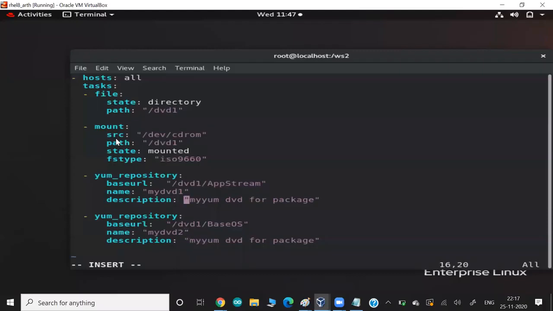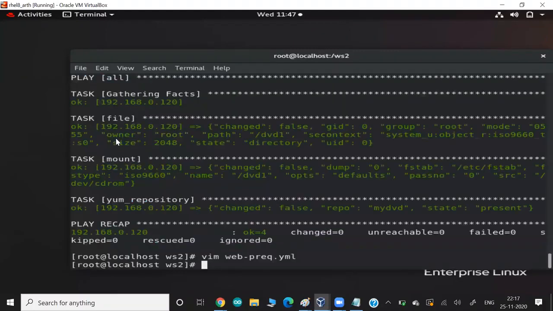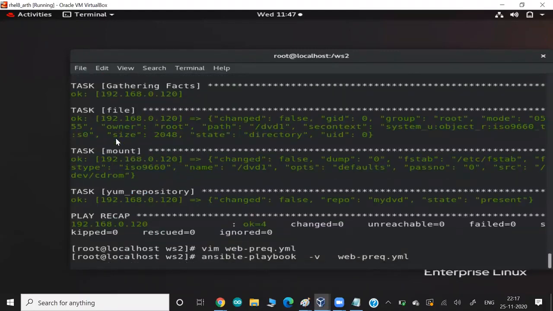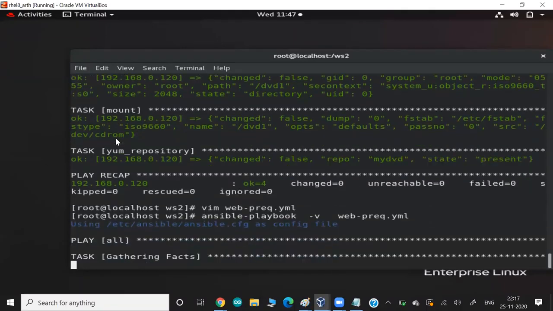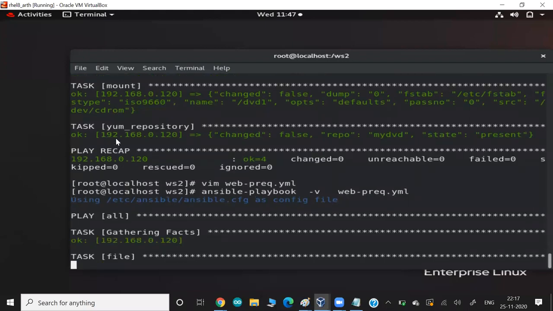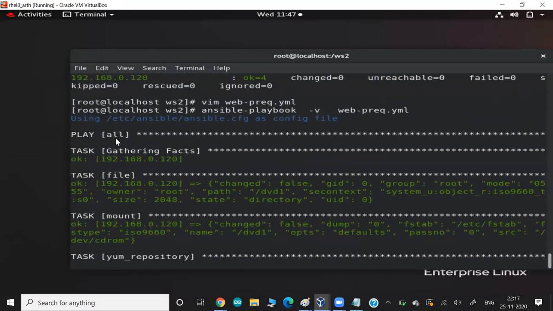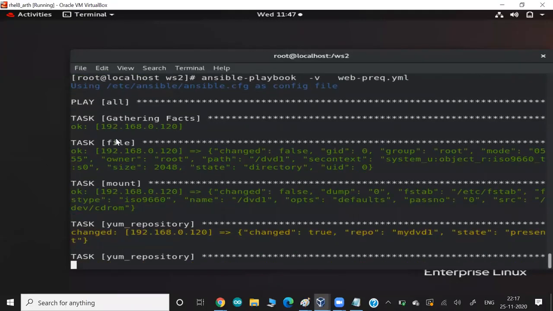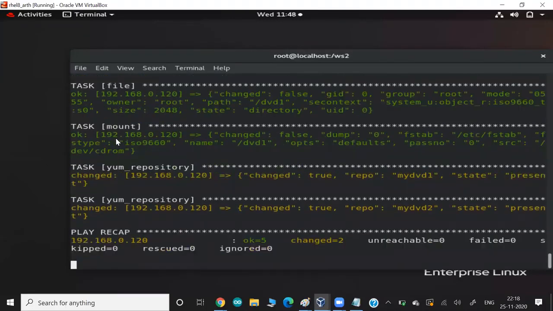So this is my description number one, and description two gives some unique name and unique description here, and that's all. Let me run this now. By chance the DVD contains two folders, and both folders are repositories for yum. So we have configured, or we are configuring, the repositories. If you want to check very quickly,